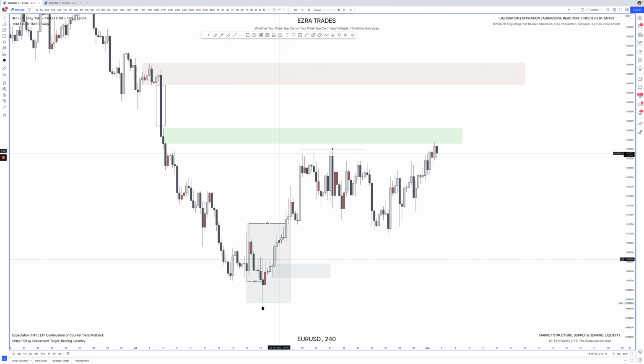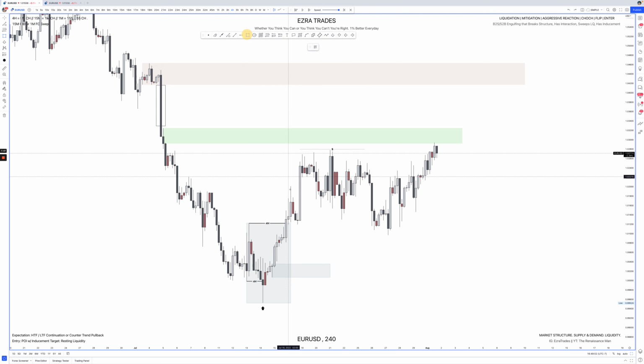We do have a pullback. In this case, this pullback fails to mitigate the actual point of interest, leaving behind a small gap, right, but does mitigate the range, the sell to buy range, right? We can say that the sell to buy range is like that, right? And then what do we do? We push a little bit higher in price. Here we have a final interaction with the supply to the left